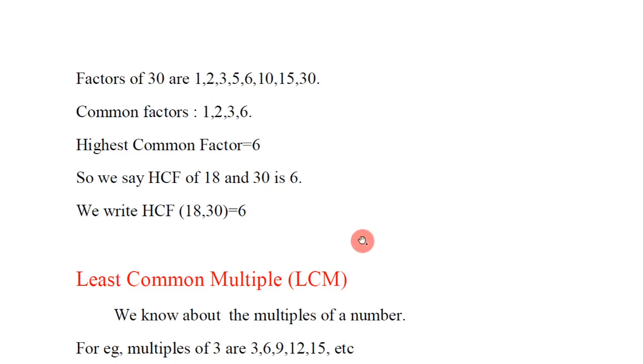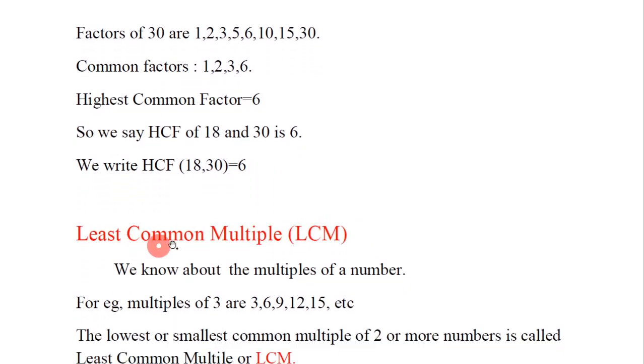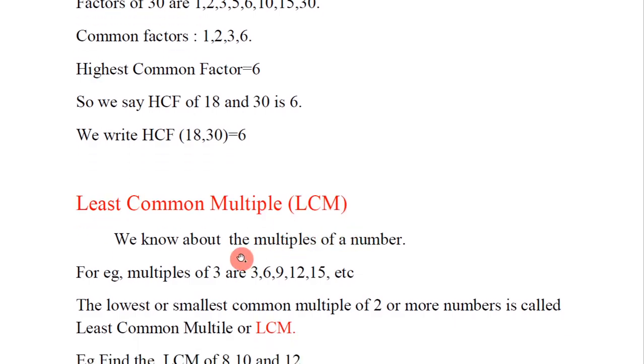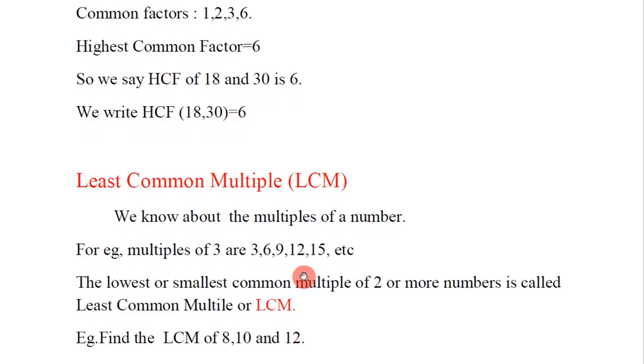Now in the same way, we define another term called least common multiple of two or more numbers. We know what is meant by multiple of a number. So when we multiply a number by 1, 2, 3, 4, etc., we get the multiples of that number. So multiples of 3 are 3 into 1, 3 into 2, 6, 3 into 3, like that. Now, the lowest or smallest common multiple of two or more numbers is called as the least common multiple or